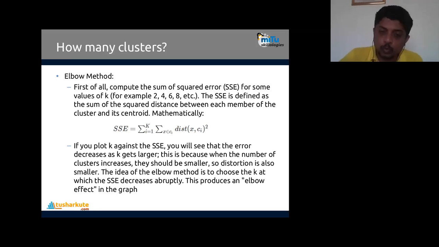As you go to 2, 3, 4, 5, 6, 7 up to the last k value, SSE will start decreasing. And if we plot k against the SSE, you will see that the error decreases as k gets larger. This is because when the number of clusters increases, they get smaller, so the distortion is also smaller. First I have, say, 100 elements in the cluster. If you change the value, 80 elements, 70, 50, 20, as the number of elements decreases, SSE will also